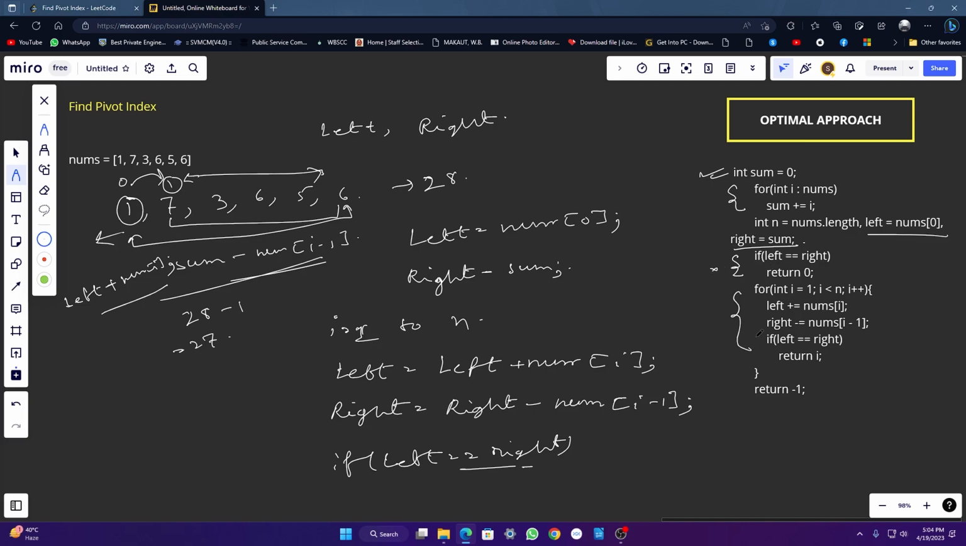Take a look at this traversal. We have traversed from 1 to n, as we said that we will traverse 1 to n. We will increase our left value by nums of I, that is, you can see that left equals left plus nums of I. And we will decrease the right sum value by nums of I minus 1, because we have seen that if